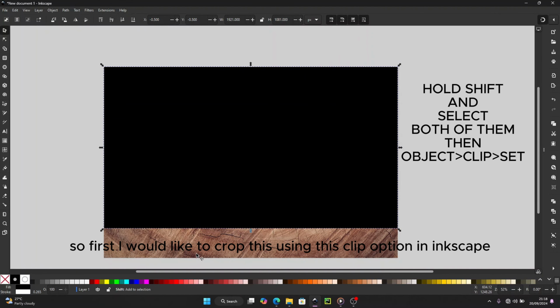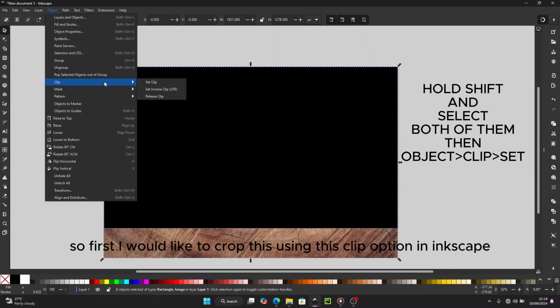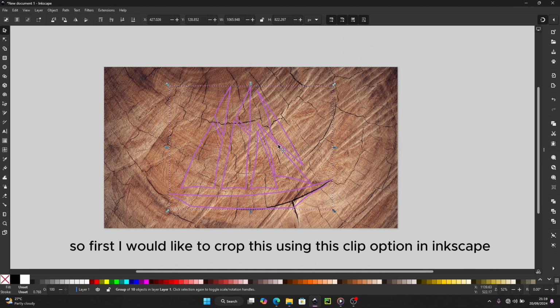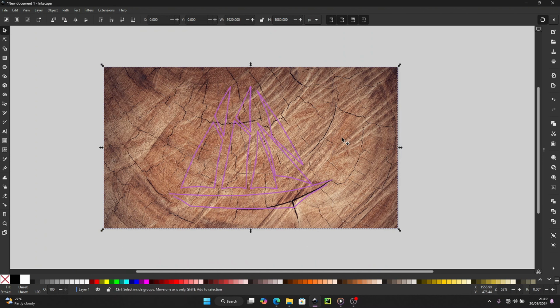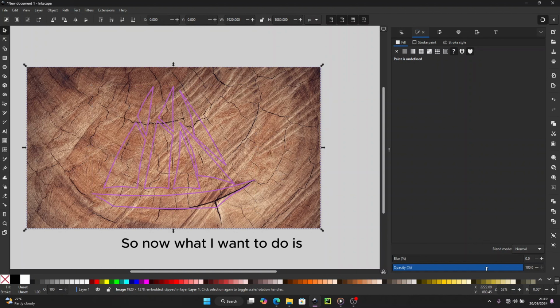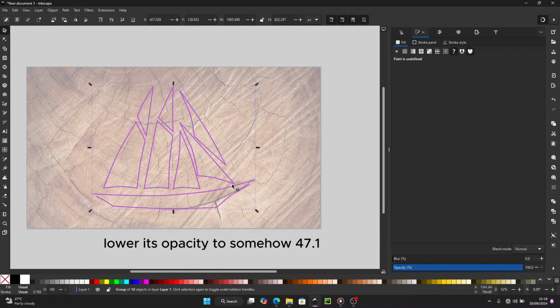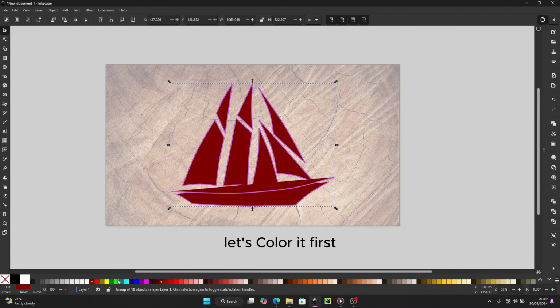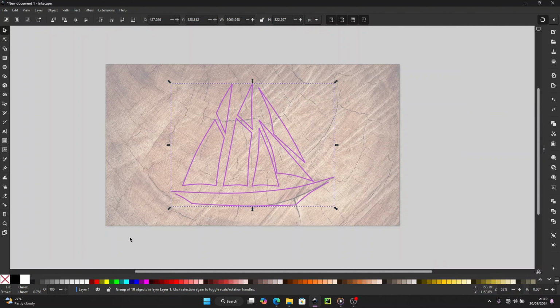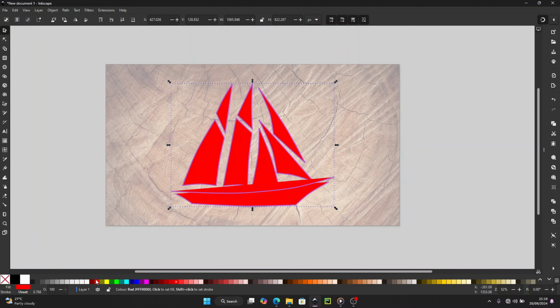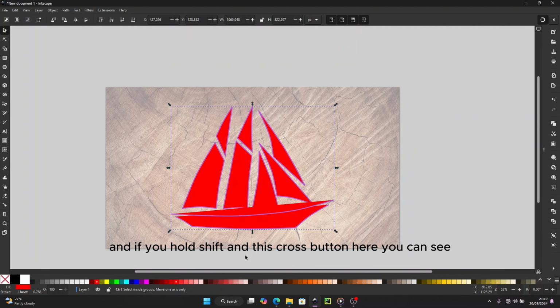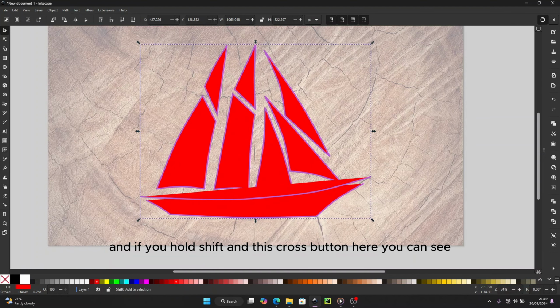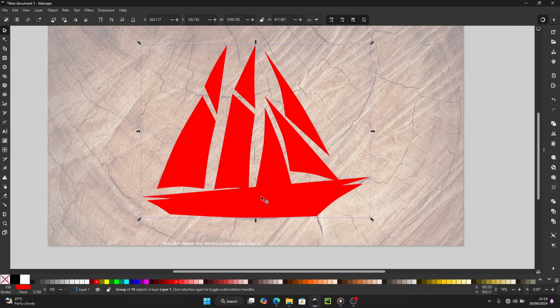So first I would like to crop this using this clip option in Inkscape, as you can see. Now what I want to do is lower its opacity to somewhere around 47.1 so I can see what I'm going to do with this shape here. So first let's color it to any color you like, this one. And if you hold Shift and click this cross button here, you can see this will delete the stroke color of